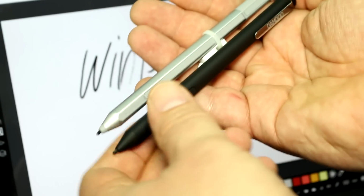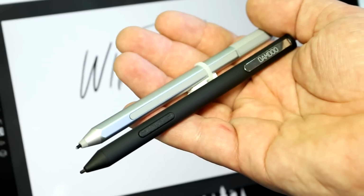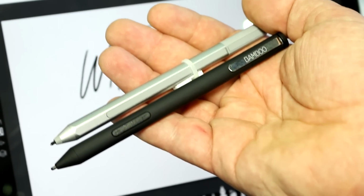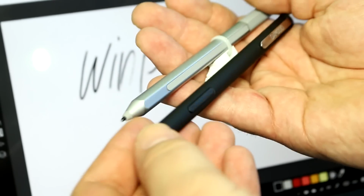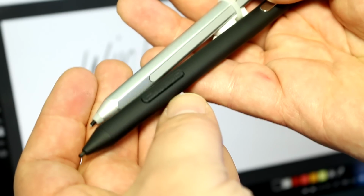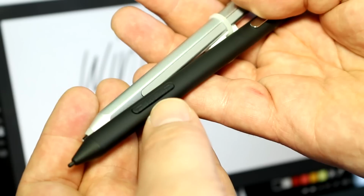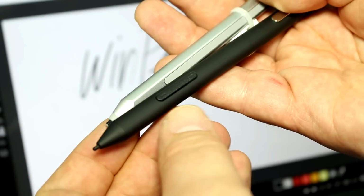The Wacom stylus is available for $79 US, and it should be available for sale in the US as of right now. I don't know about other prices for the rest of the world. What I do know though is that it has a bunch of pretty interesting features. So switching between protocols, it happens through holding these two buttons down at the same time, and once it does switch, there will be an indicator light beneath these buttons to tell you that